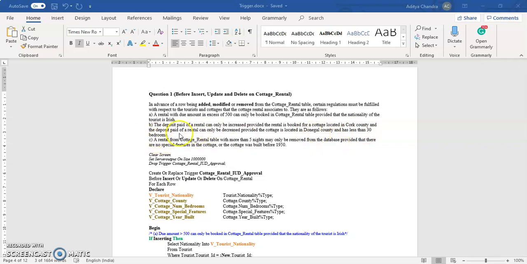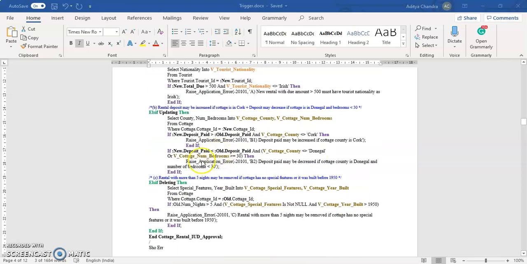If either of these conditions is false, then the trigger should raise an error. That's why we have an or condition here. And if either of these is true, then the trigger will raise an application error saying deposit paid may be decreased if county is Donegal and number of bedrooms is less than 30.